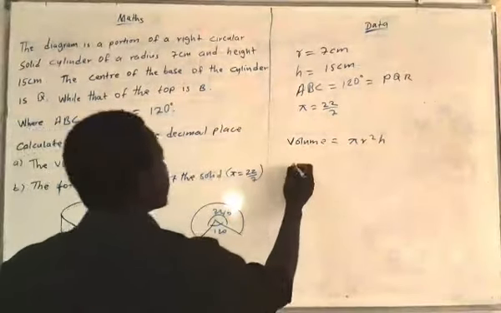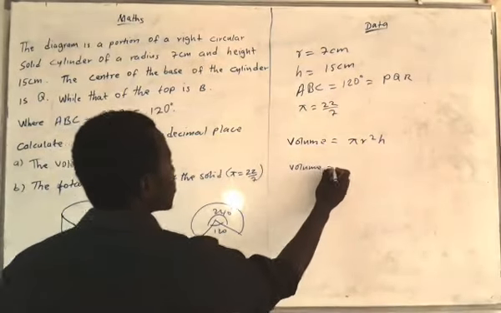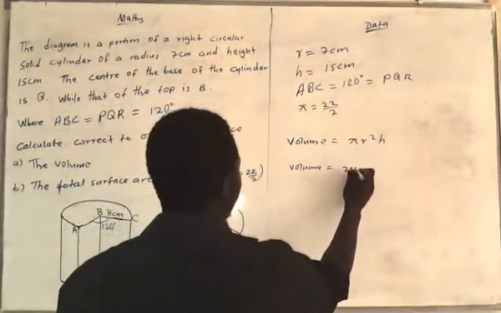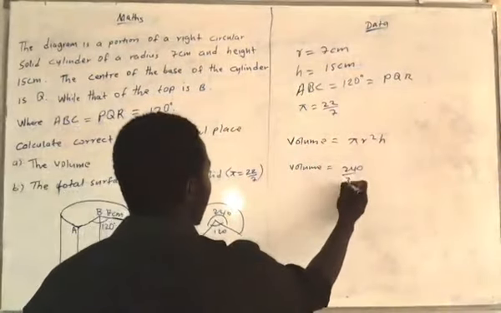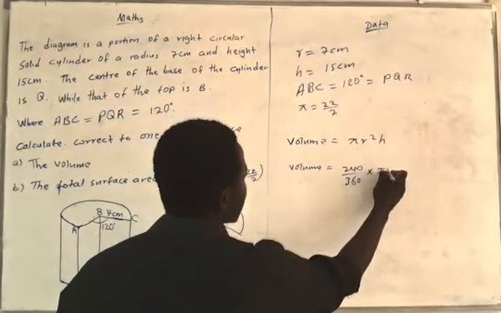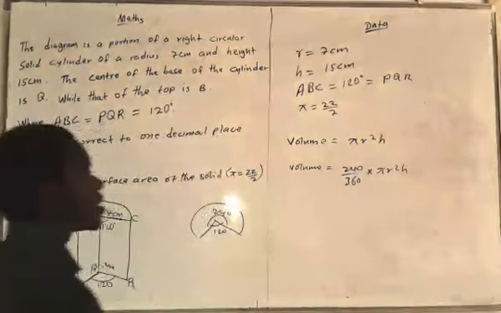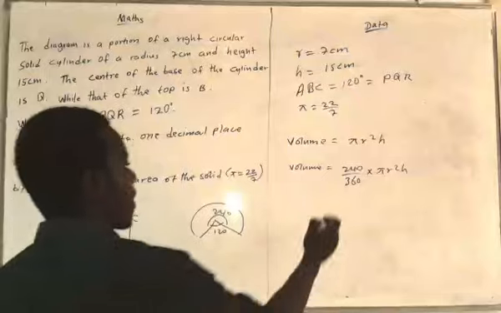So to find the volume of this diagram, its volume is equal to 240 that is left, divided by the total, which is 360 degrees, times the volume of a cylinder. So we have our values. We can just go straight and